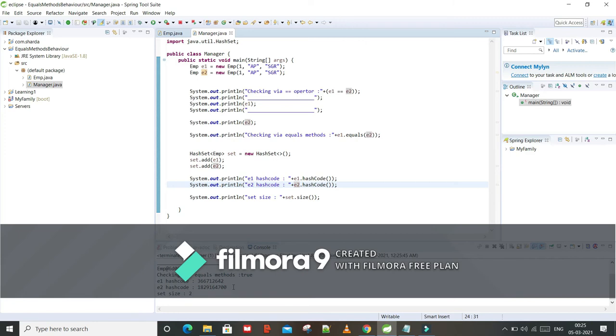Here if you see, e1 and e2 hash codes are returning different values, and they are not the same. That is why we are getting the set size as 2.